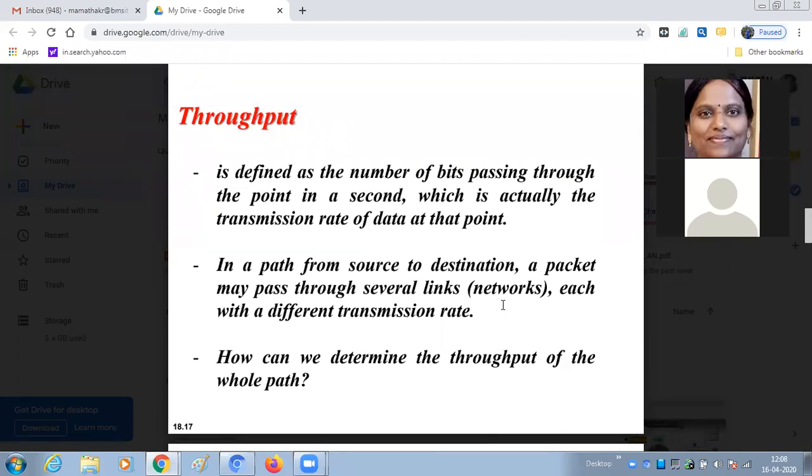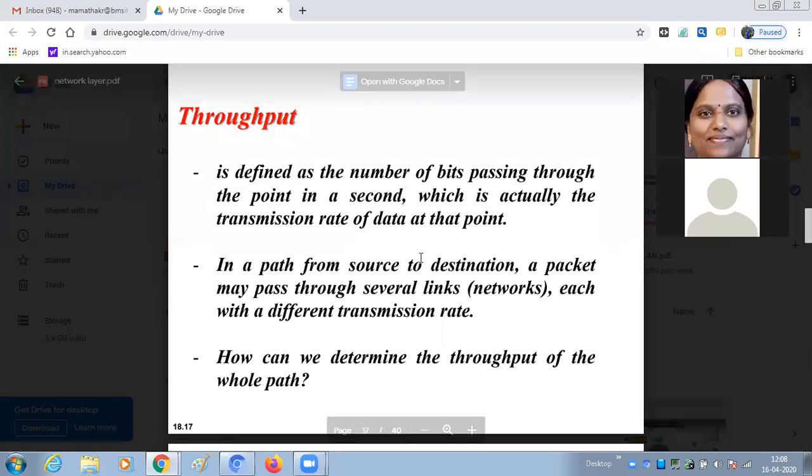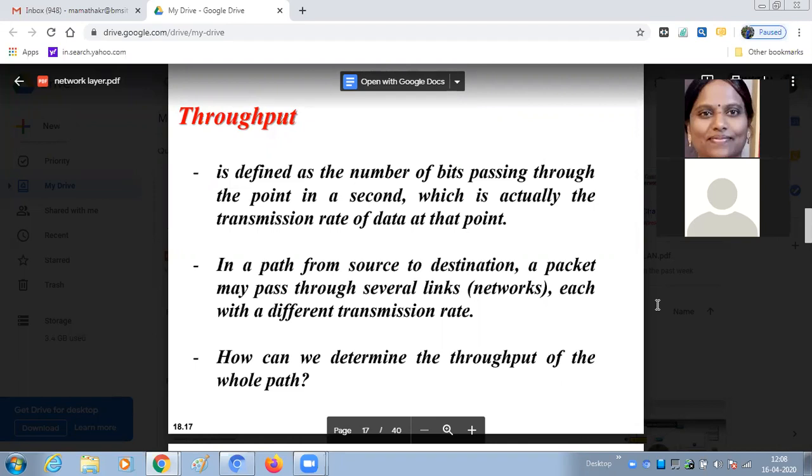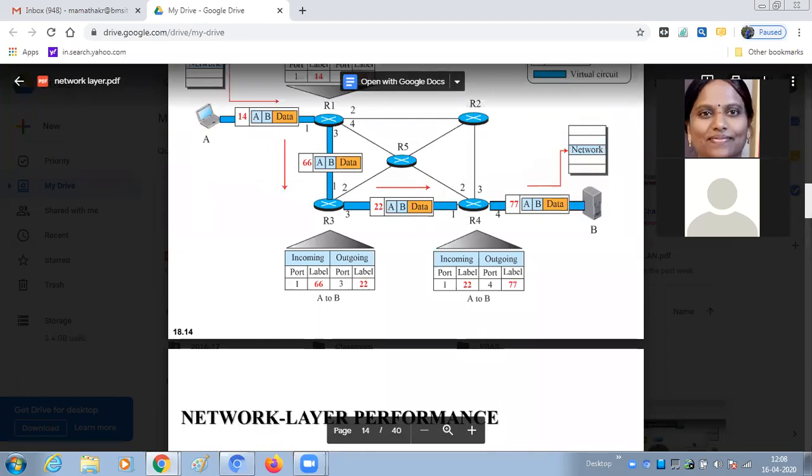A link is nothing but the connection from router to router. I'll show you. This is a transmission link, R1 to R2, and this speed can be different.